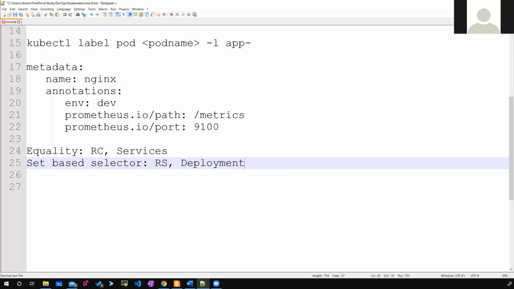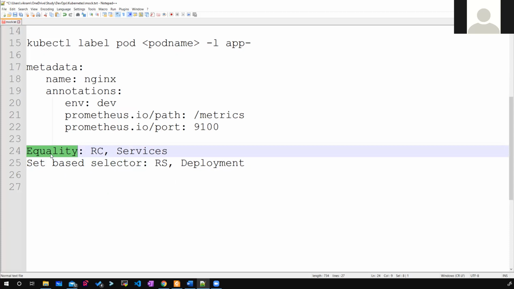Okay. So given a chance, which one do you prefer, equality based or set based selector? I usually prefer set-based selectors because these are more expressive. Equality-based selectors, as the name indicates, are a hard requirement, so either it is a yes or it is a no. But set-based selectors are more flexible.